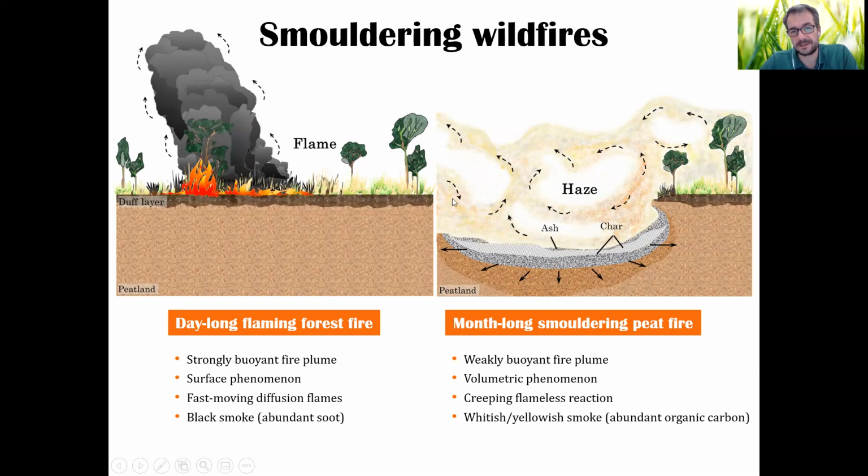The fuel that has burned is not the surface fuel alone. It's actually the soil itself, the underground, and it has disappeared. It burns and is converted into gases and ash. What is left is ash and a little bit of char, because some bits have extinguished and will not burn.